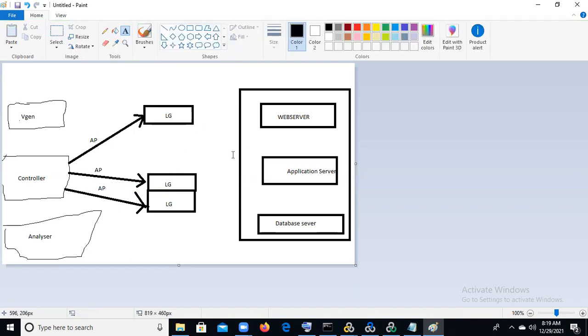After that, the load generator will send the request to the web server.